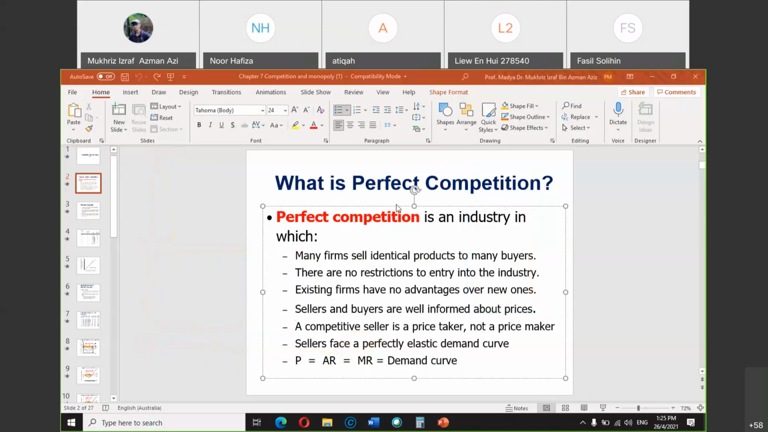So for a perfectly competitive supplier, or seller, if you join, for example, a market on Shopee, let's say there are many sellers selling similar items. So let's say you want to sell